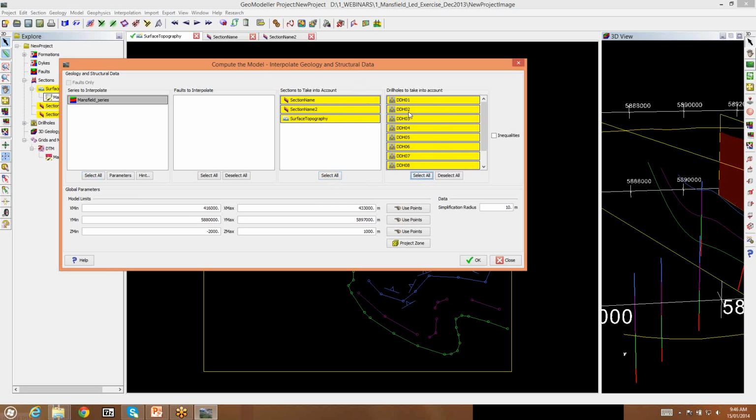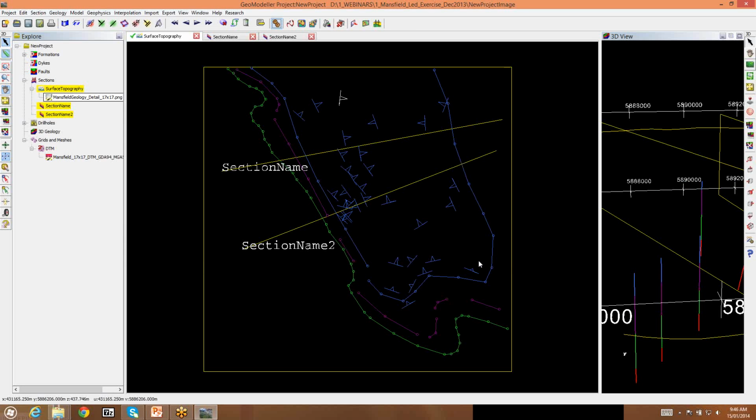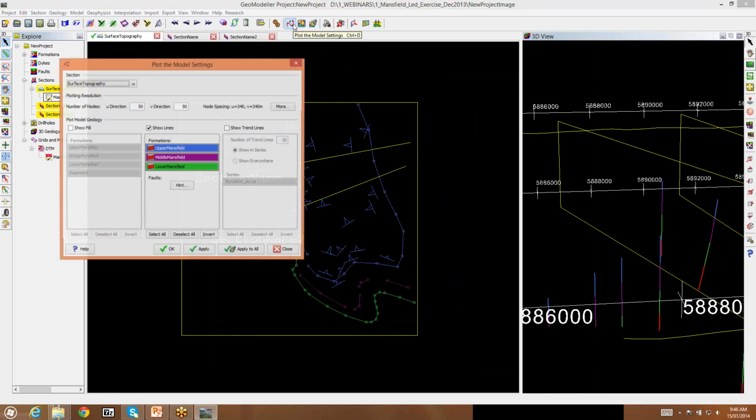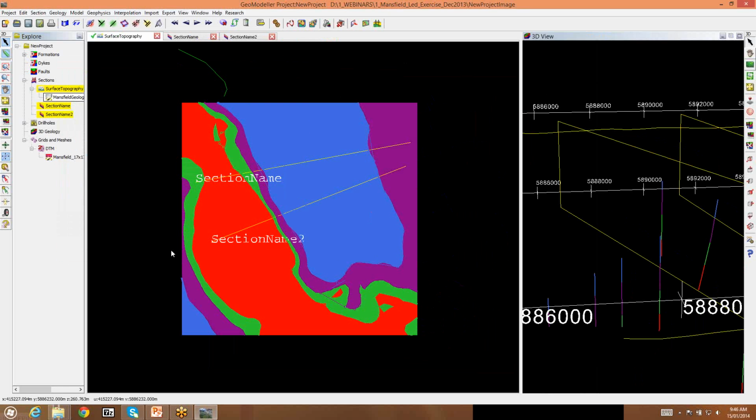And also we want to take all of our drill holes into account again when doing our computation. But you have the choice to exclude some drill holes if you prefer. So going on with the computation, that's now done again. The mathematical model has been solved. And to do a render now, I'd just like to show the fill, and this time we have something which